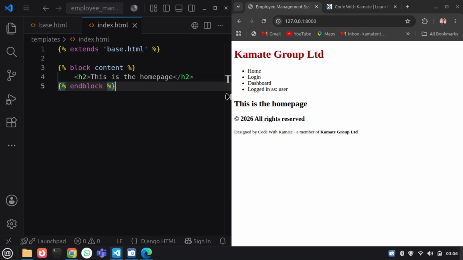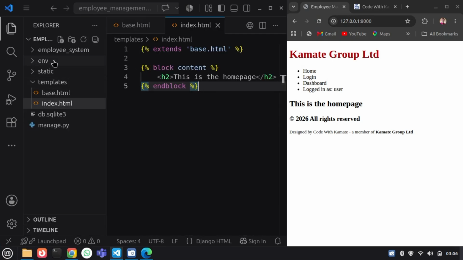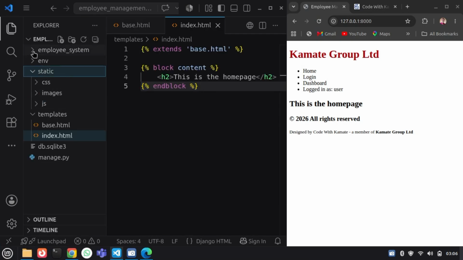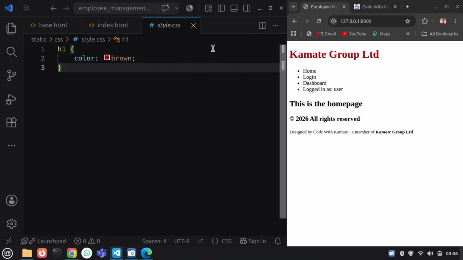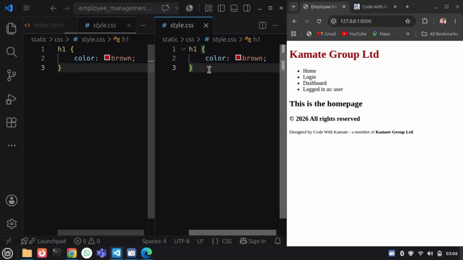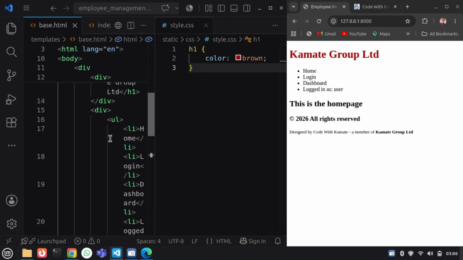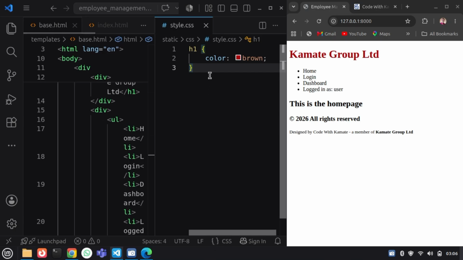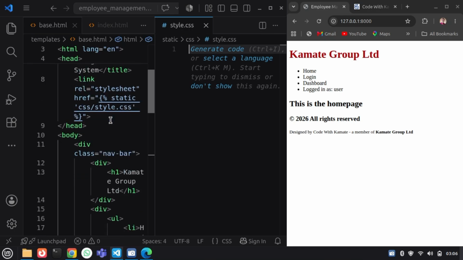So we are going to apply some CSS on the header section. This is our CSS file, and this is our HTML, our base.html. Now we are going to start by applying